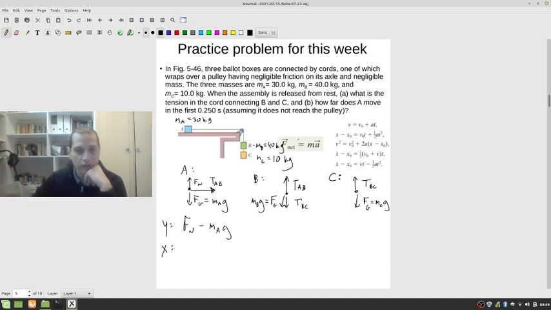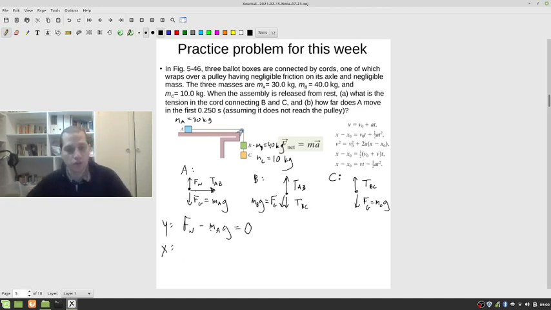That's how I'm writing down my F net, and then equals ma. But the acceleration in my y direction is 0, so that's where I'm putting the 0 in. Now we don't need that equation because we know those are balanced forces